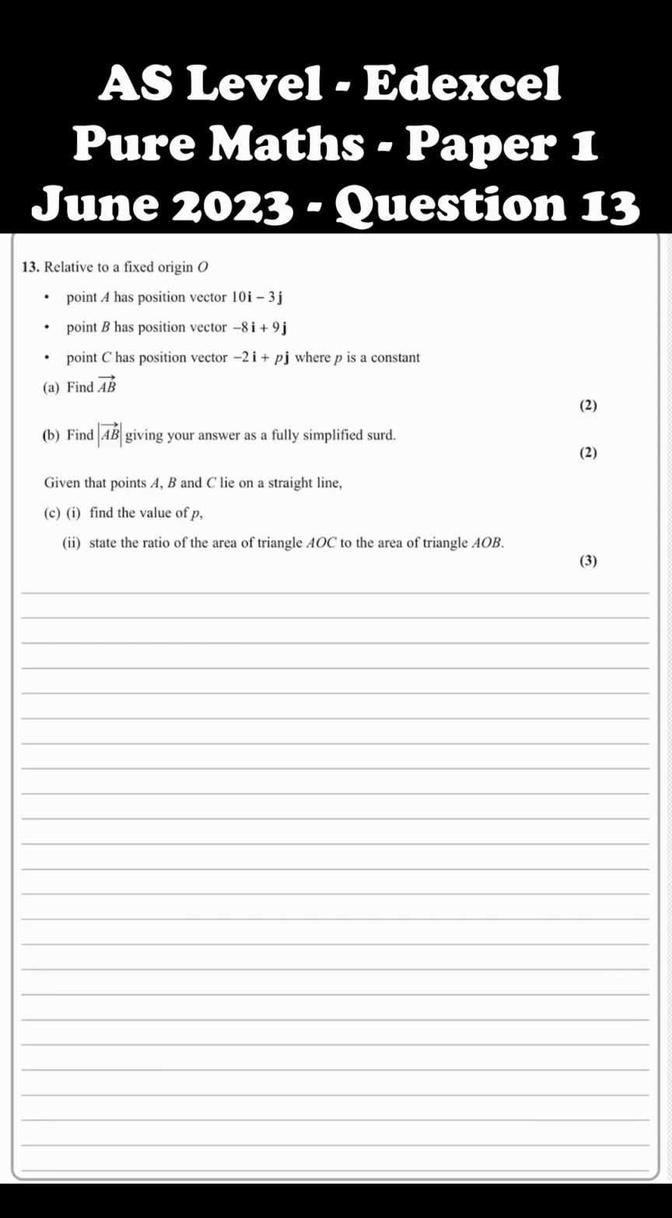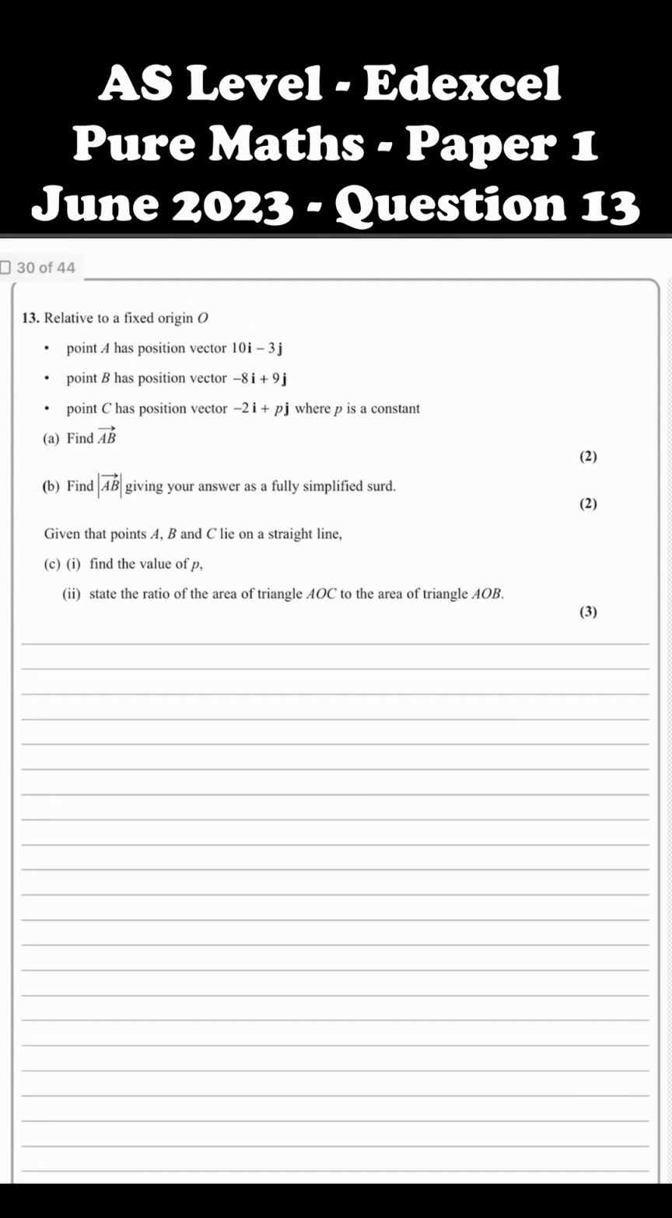Question number 13. Relative to a fixed origin O, point A has position vector 10i minus 3j, point B has position vector minus 8i plus 9j, point C has position vector minus 2i plus pj, where p is a constant. Part A, find AB. So in order to find AB, all we need to do is OB minus OA. Therefore, OB is just the position vector, which is minus 8i plus 9j minus 10i minus 3j, which, if you separate the i and the j components, is going to be